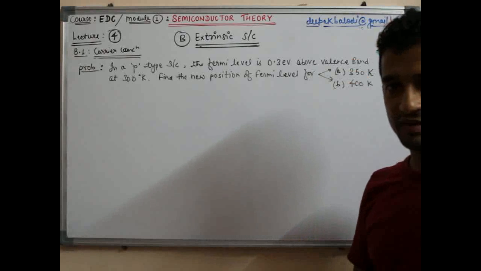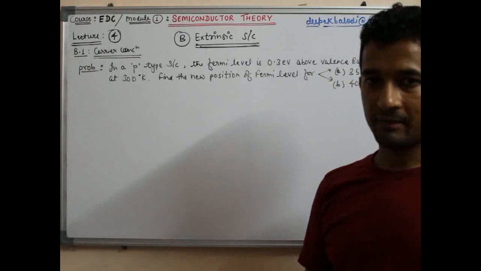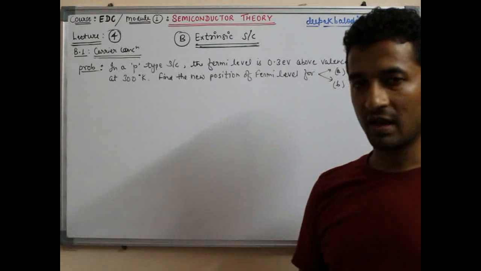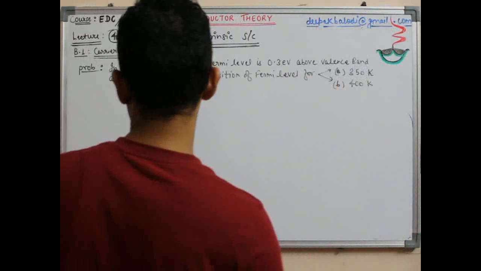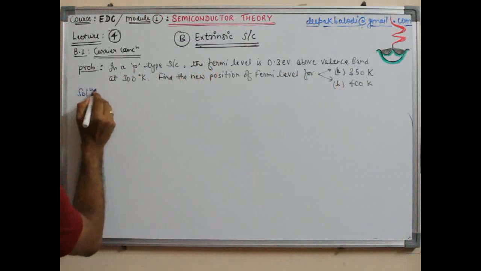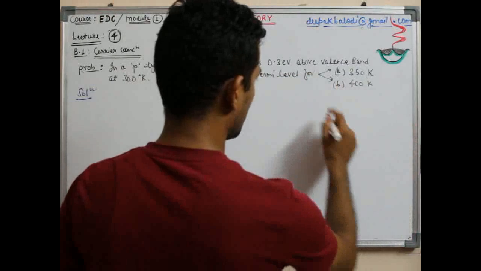So we have to basically use the relation of Fermi level movement with temperature, and this we have seen analytically as well as mathematically. So let's see what we argued analytically. Let me draw a picture for this. We saw that